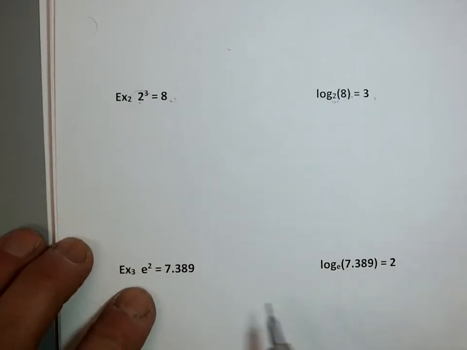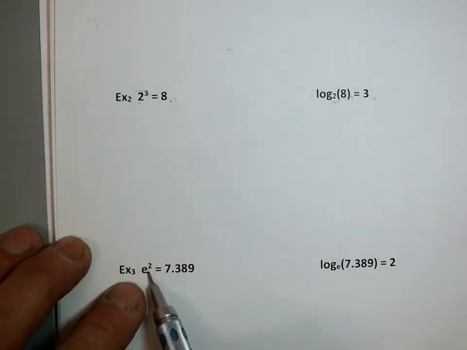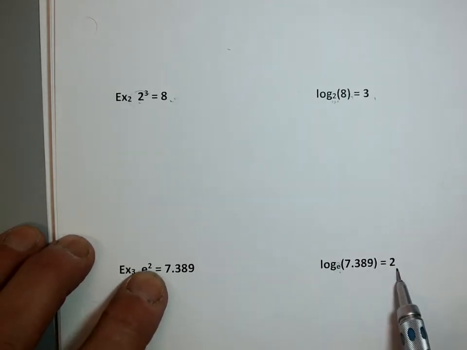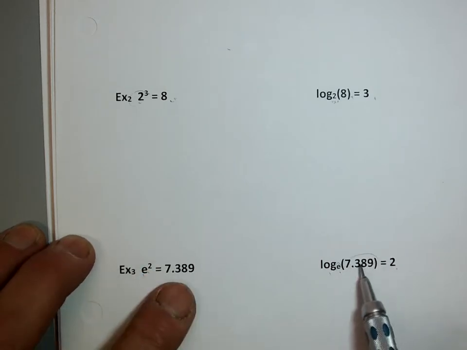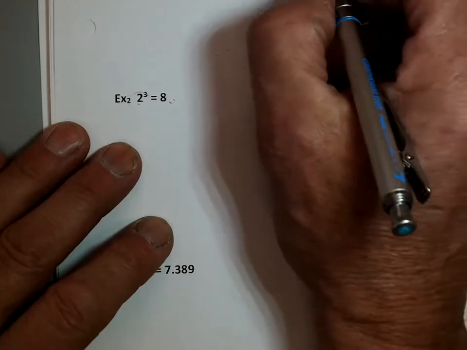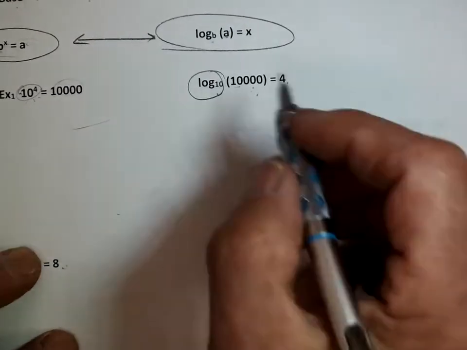Number 3, if it's e, I'm going to go log base e. This number goes to the base. That's my base. It always equals the exponent, so it's log of your answer equals your exponent. Okay, now, some of these we can actually do on our calculator. Log base 10. Log base 10 is what we call common